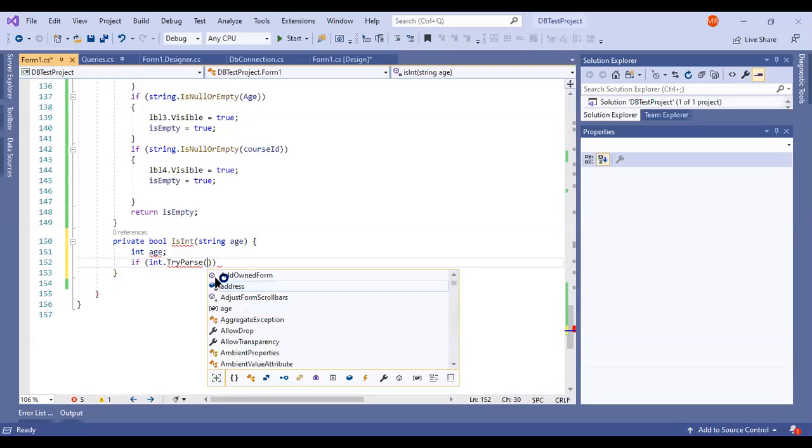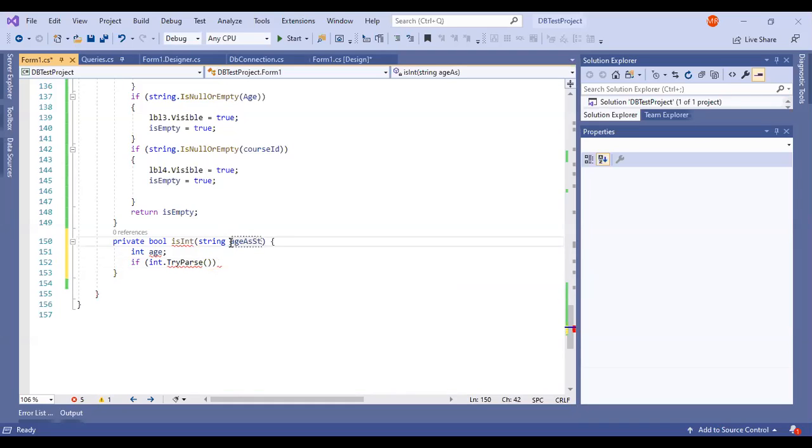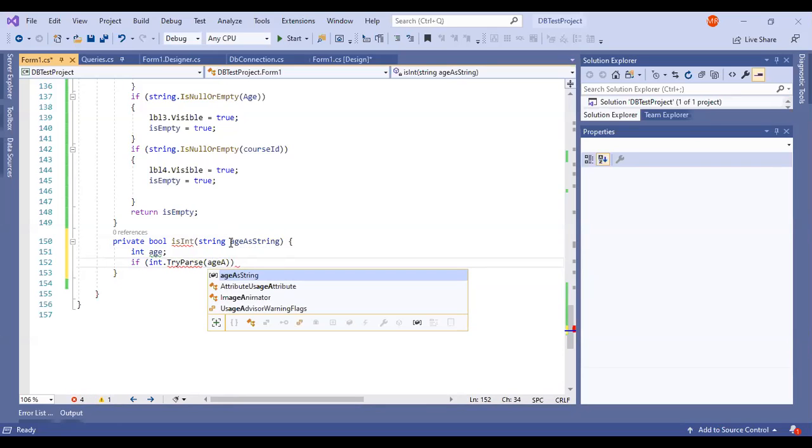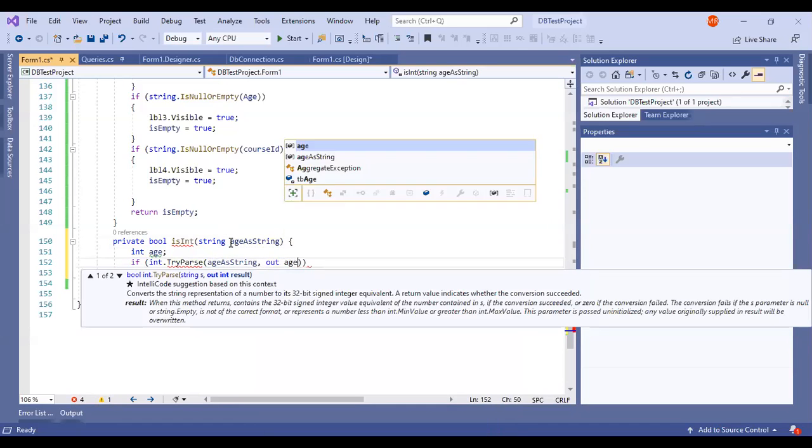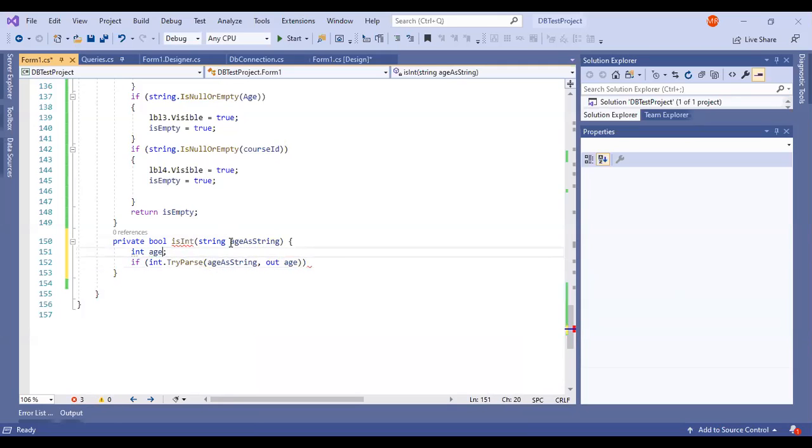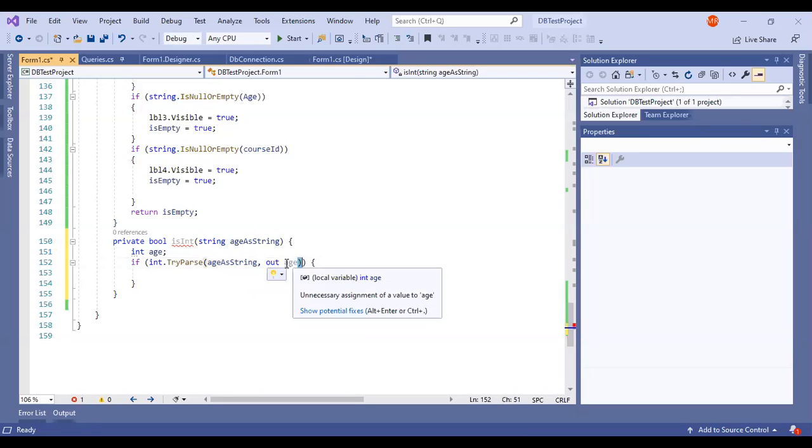So I'm passing age as string, and outputting to age, an integer variable, and seeing whether I'm able to parse. If I can successfully parse whatever value I got from the text box for the age to the age variable, I can return